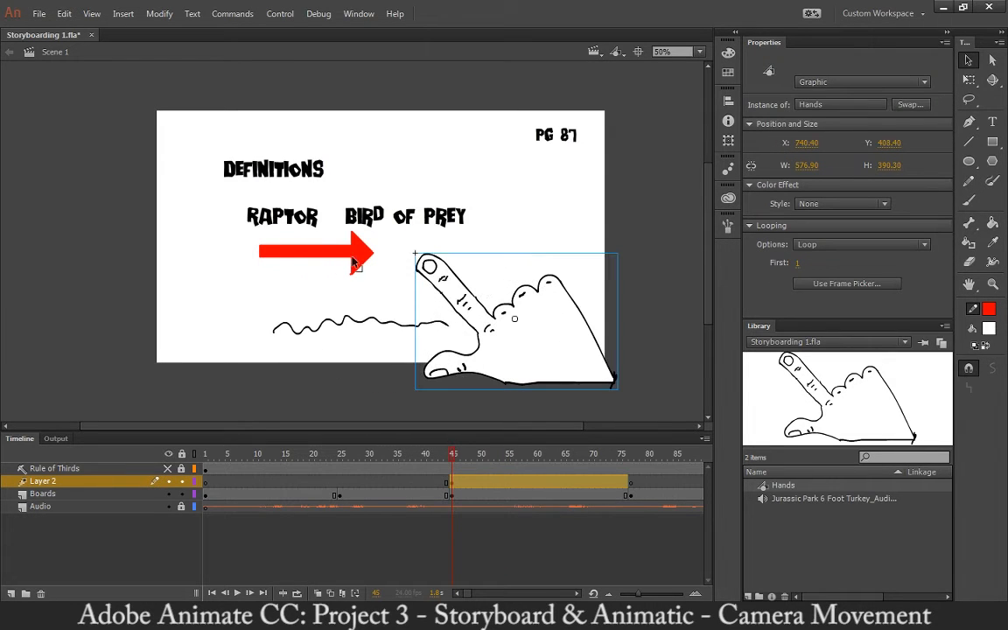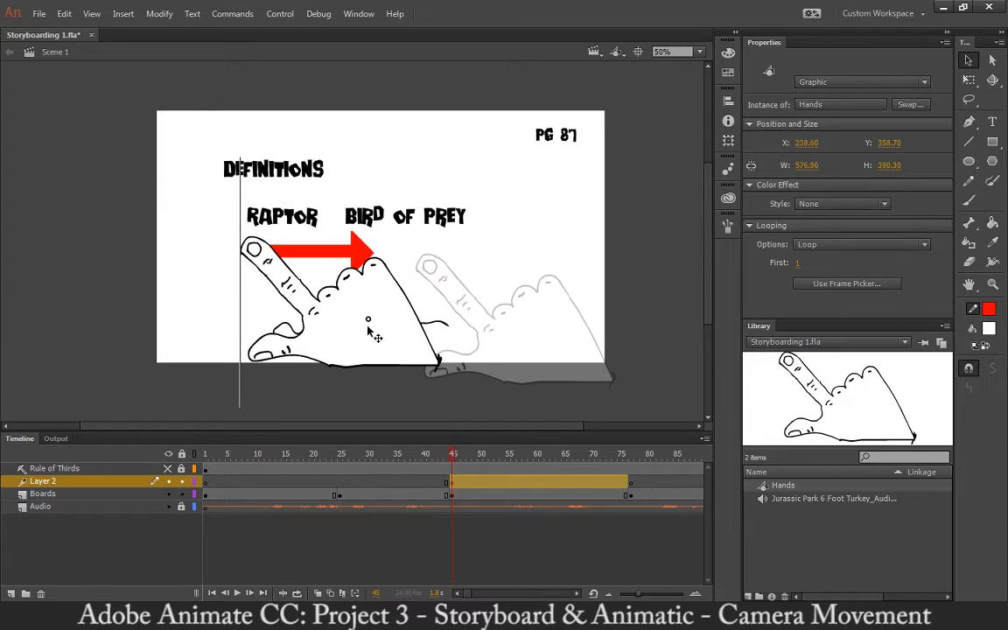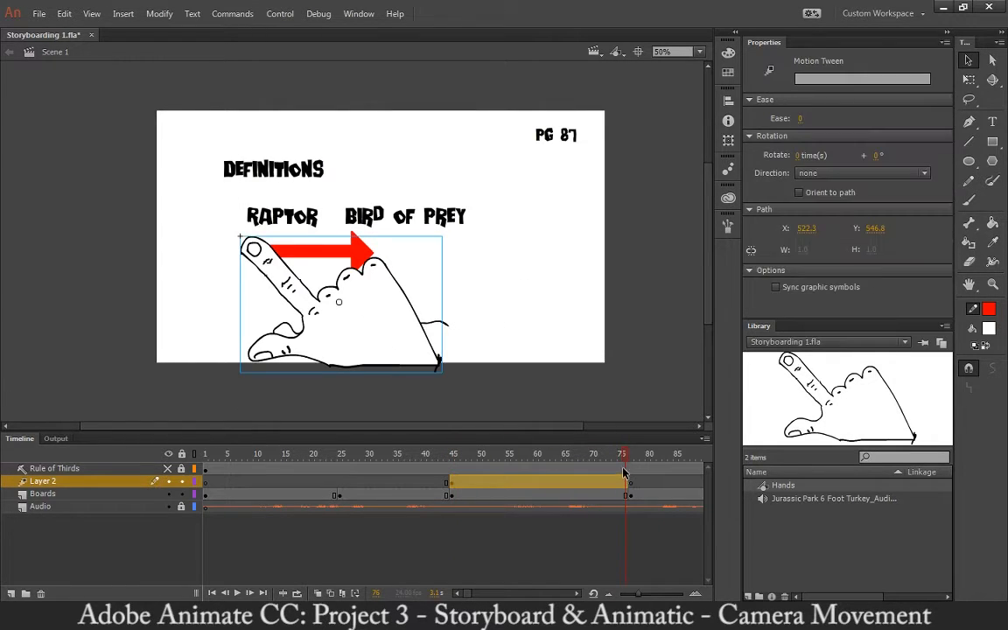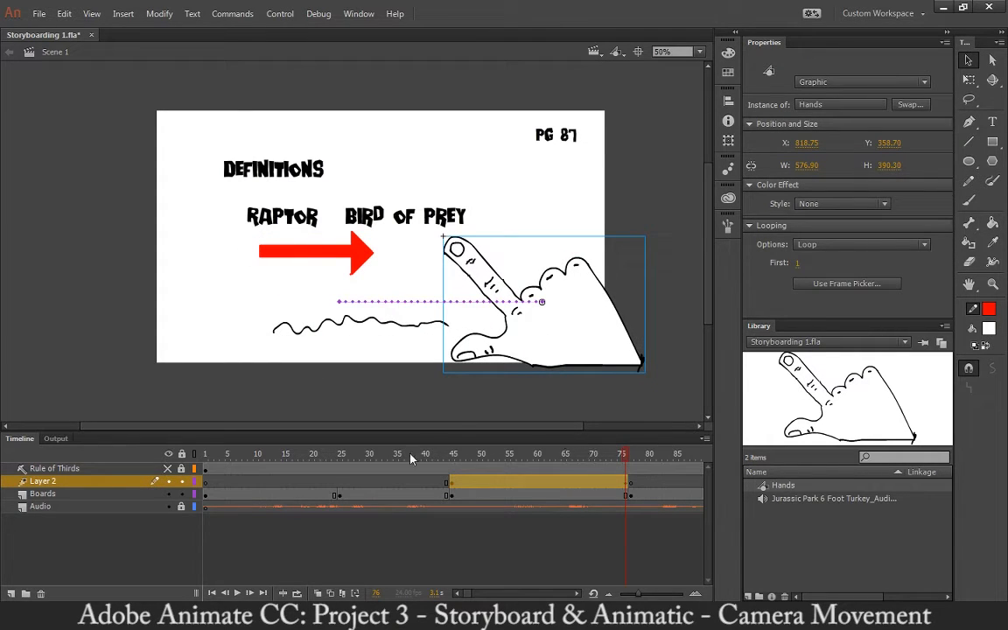So the storyboarding way of doing it would just be adding a red arrow. The animatic way of doing it would be to animate it. So I'm going to start it here and have it shift this way. So now when it plays,